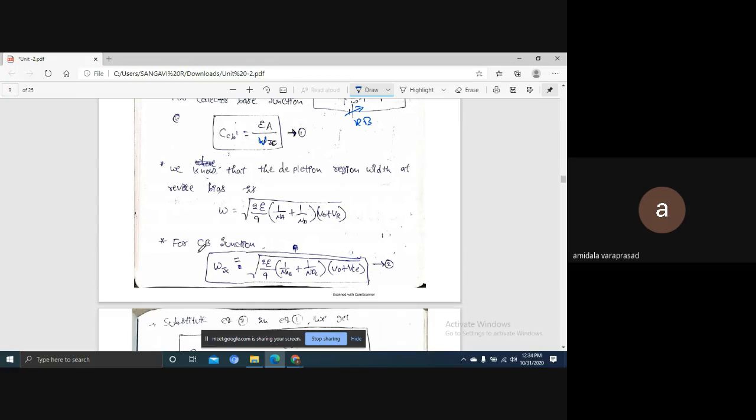For the CB junction, I can write W, the width of the depletion region at the collector junction, equal to root of 2 epsilon by q into (1 by NA, as base is P type, plus 1 by ND, as ND is nothing but collector is N type) into (V0 plus VCE). VR is the reverse bias voltage. Here the voltage we apply is named VCE. (equation 2)